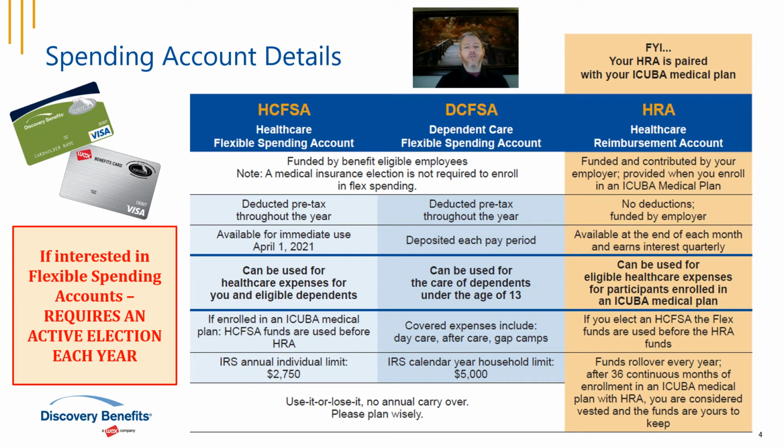But we've got a great feature called Automatic Dependent Care, where you complete a form once in the year, letting us know who your daycare provider is, how much you pay for daycare, and then every time we're sent a payroll deduction, we will just in turn automatically send around a reimbursement back to you, whether it's via check or direct deposit. So you can go to discoverybenefits.com to find that form, and I promise you it'll make your life much easier. I personally used it, and it's a really easy way to be reimbursed for your dependent care expenses. Again, this is also a use it or lose it plan, so be wise about what you set aside, what you elect into this account.